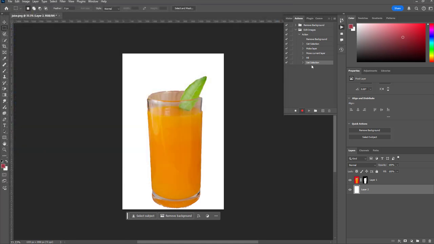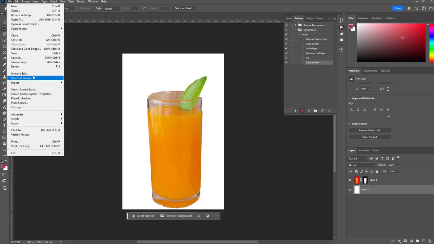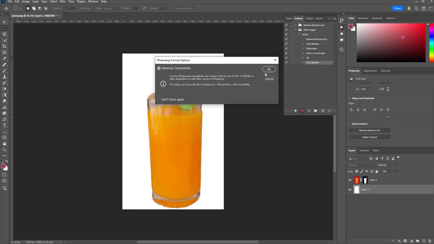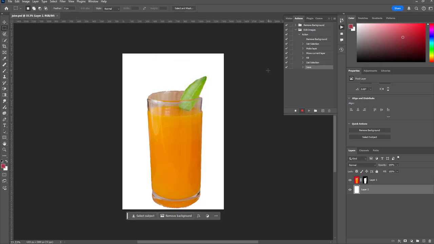See, the saving into PNG has not been recorded. But if we save it as PSD, see, it saves. Okay. So now we can stop.